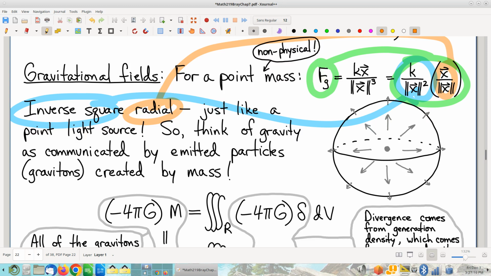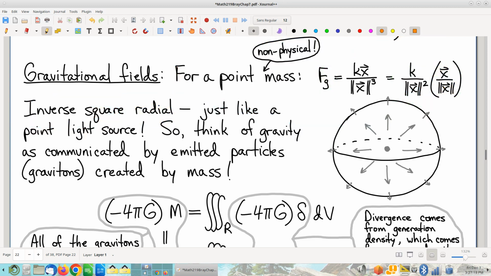All right, so here is the very surprising fact, and that is that the structure of this vector field right here. When I say structure, what I mean is let's not get bogged down in the value of this constant, right? Structurally, it's the same no matter what the constant is. And by the way, also, structurally, it's the same whether this constant is positive or negative. For gravity, of course, it's negative, because gravity is an attractive force, not a repulsive force. Right? But independent of that constant, who cares? Structurally, looking at the fact that it's inverse square, the fact that it's radial,